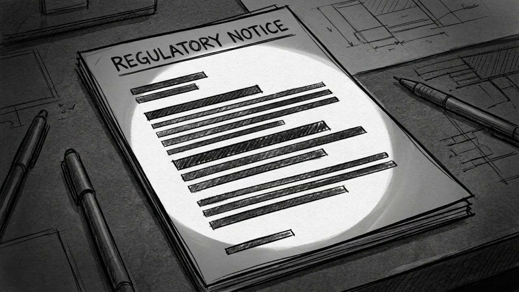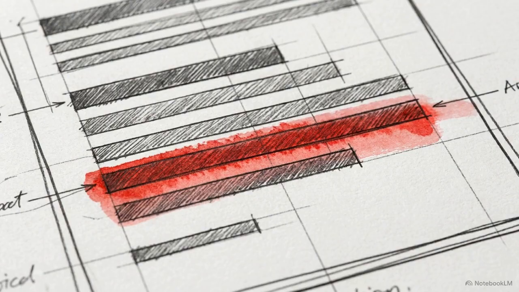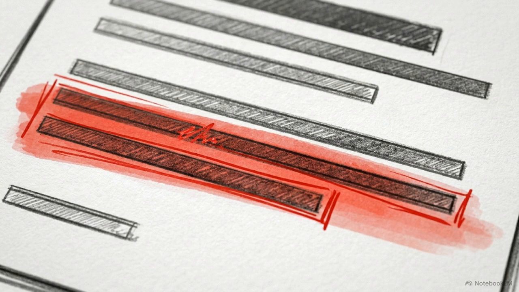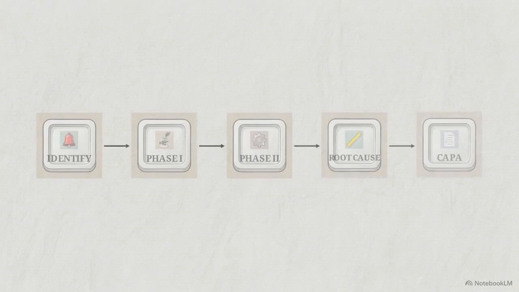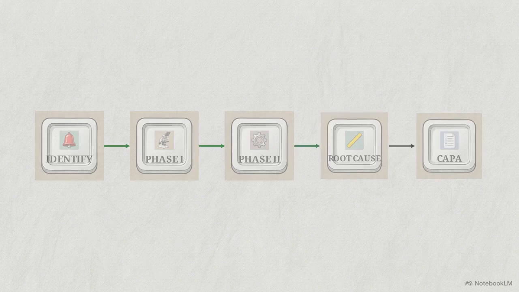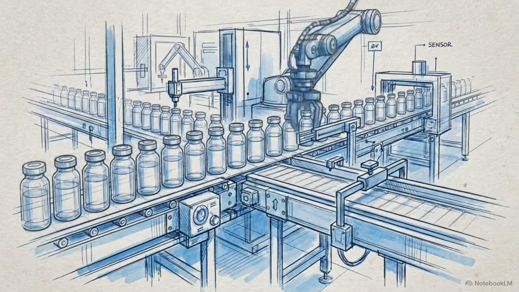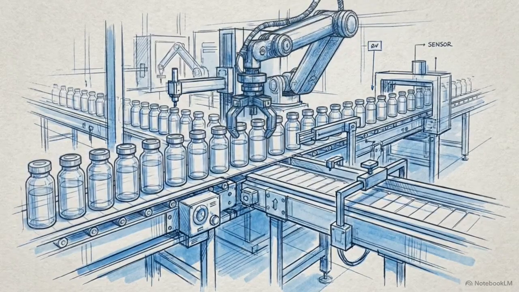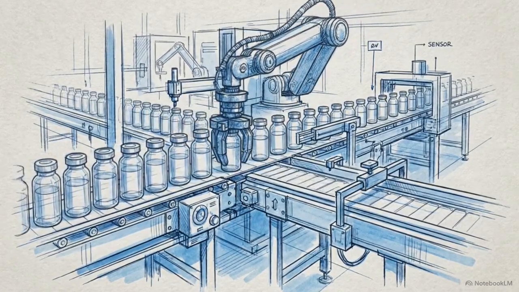Looking at this stylized FDA warning letter, you can see the actions that commonly trigger citations. You cannot average a failing score with a passing score to fake compliance, and you cannot let an investigation sit open for more than 60 days without justification. Instead, we followed the continuous flow mapped out on this chart. Identify the issue, execute a Phase 1 lab audit, escalate to a Phase 2 manufacturing review, pinpoint the root cause, and finally implement the CAPA. A rigorous out-of-specification investigation process is a vital defense mechanism. It ensures patient safety and maintains the integrity of the entire